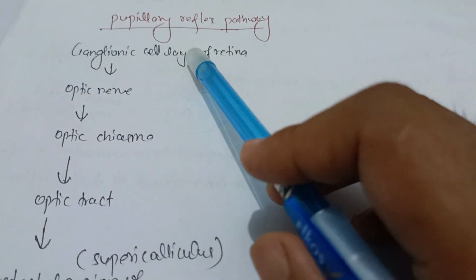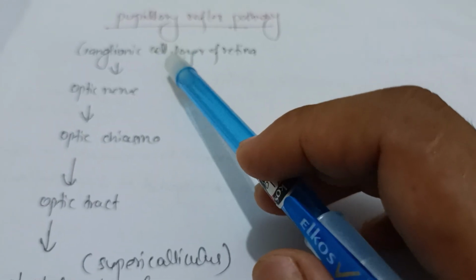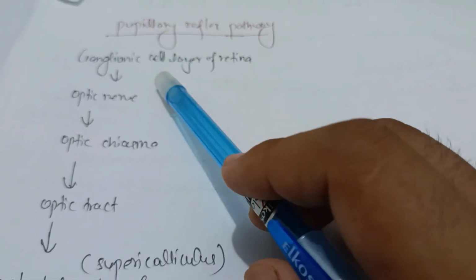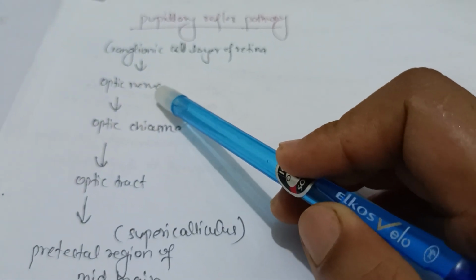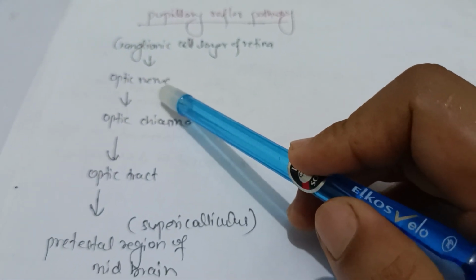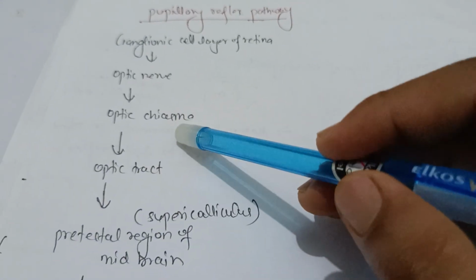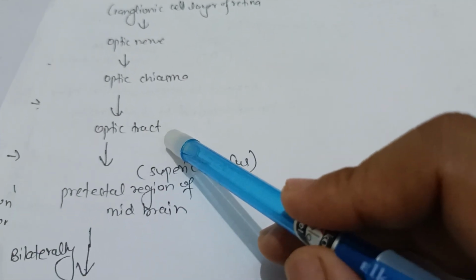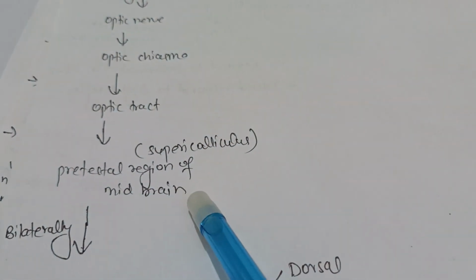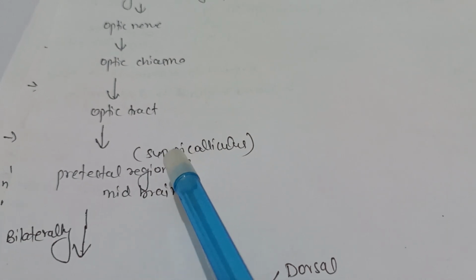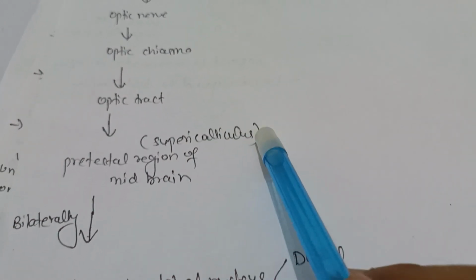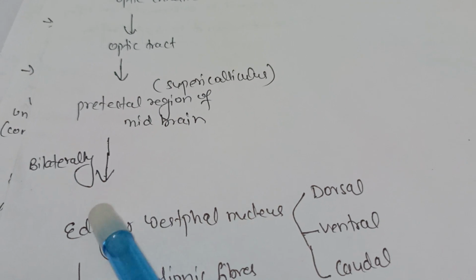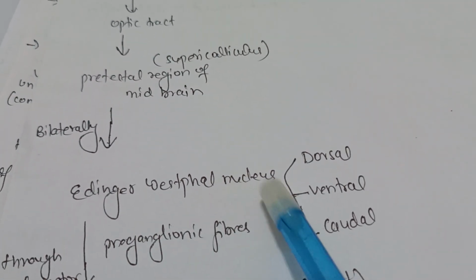So when light is shown, the parasympathetic fibers begin from the ganglion cell layer of the retina, and the axons transmit the impulse to the optic nerve, and from the optic nerve the impulse projects to the optic chiasma, and from the optic chiasma the information projects to the optic tract, and from the optic tract the neurons project to the pretectal region of the midbrain, which is present rostral to the superior colliculus, and from the pretectal region of the midbrain the neurons project bilaterally to the Edinger-Westphal nucleus, and the